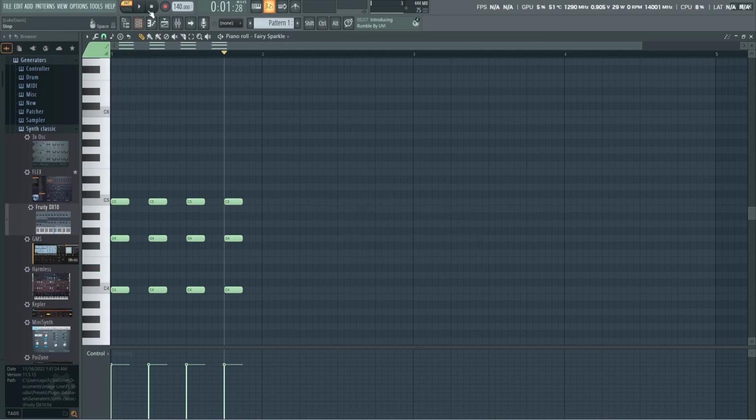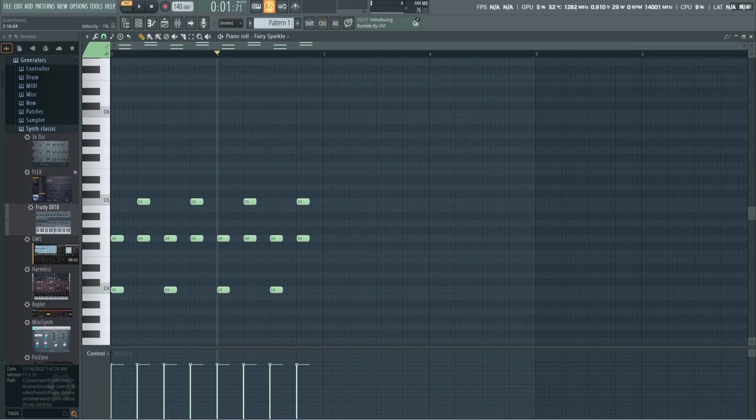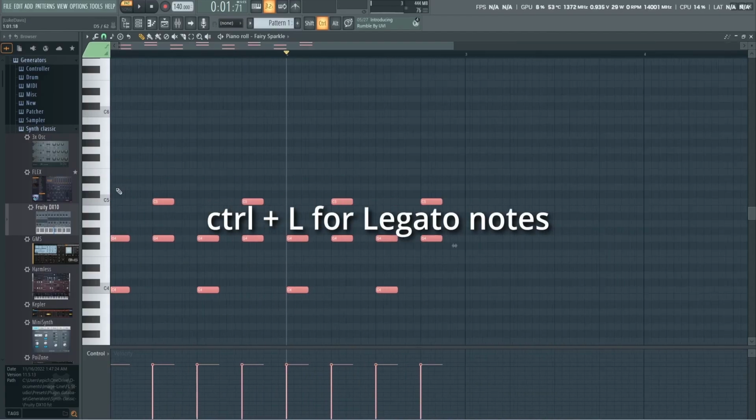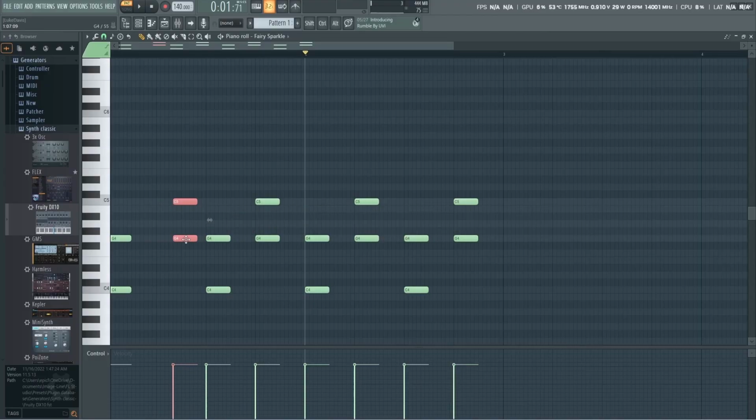And that allows you to quickly lay out a framework of notes that you want to use. Again, select everything, copy, and paste. So you can see how that would come in very useful. You can also use Control L in order to make legato notes. This is especially interesting whenever you've got different rhythms